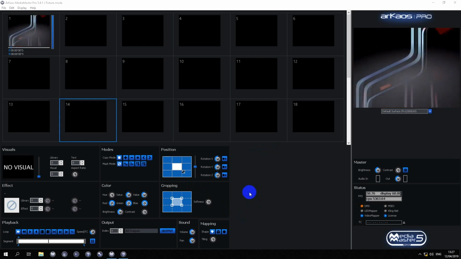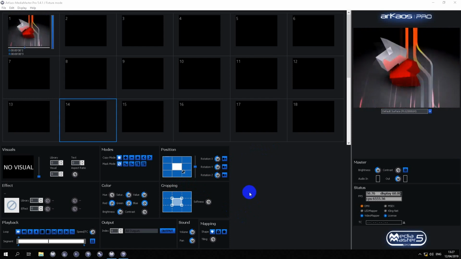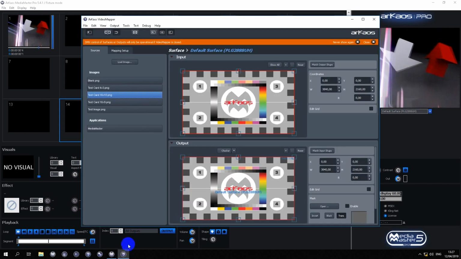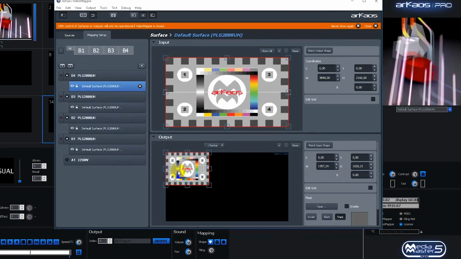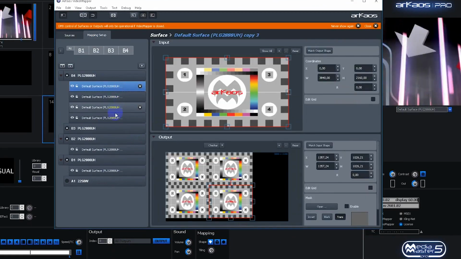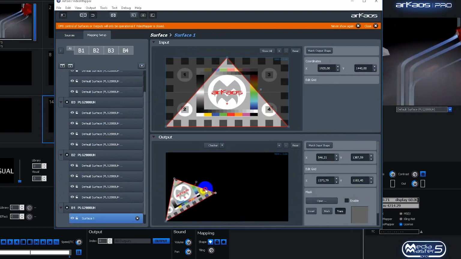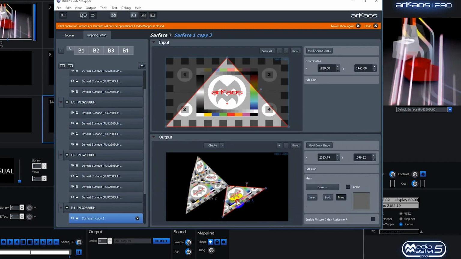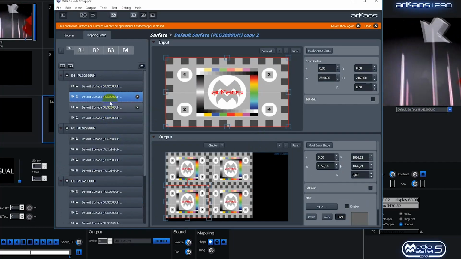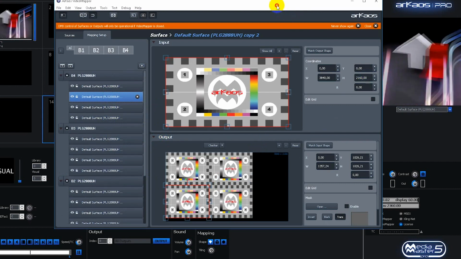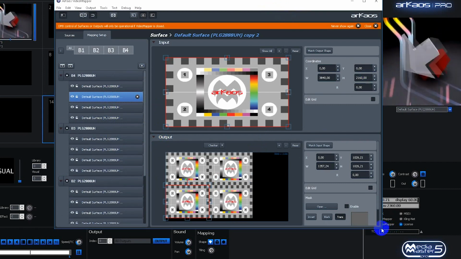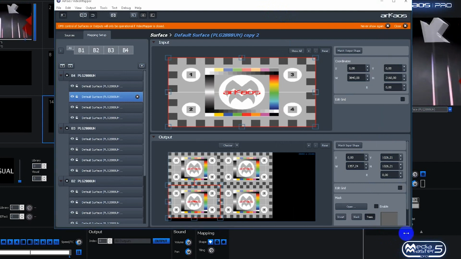Now we are going to see how to use the surface control in Media Master. First of all, you just need to create surfaces as you usually do. When you are done creating your surface, you just need to enable the DMX control of it.